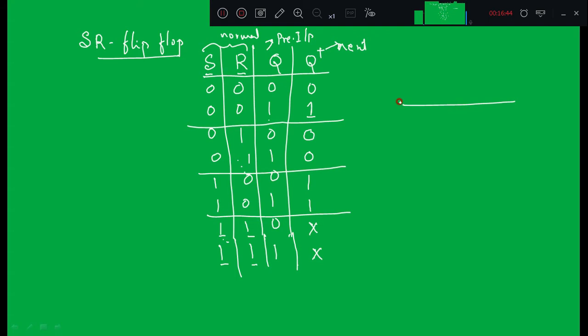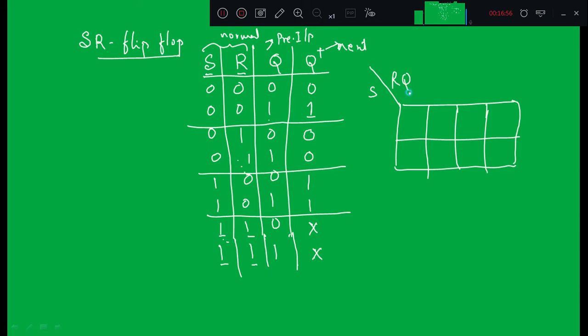So now put a K-map for this truth table. In this new truth table there are 3 inputs, so we will have a 3 variable K-map: S R Q, 0 0, 0 1, 1 1, 1 0, and 0 1. Okay, 0 0 0 output is 0, 0 0 1 output is 1, 0 1 0 output is 0, 0 1 1 output is 0, right? So 1 0 0 output is 1, 1 0 1 output is 1, and for the last two combinations it is don't care, right? So now these two min terms can be combined with the don't cares, and we can make 4 min term